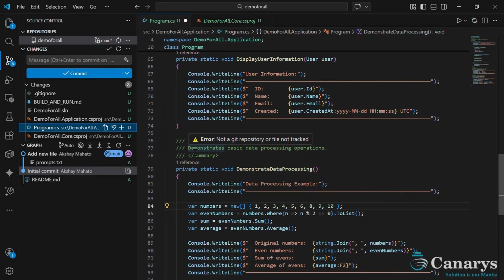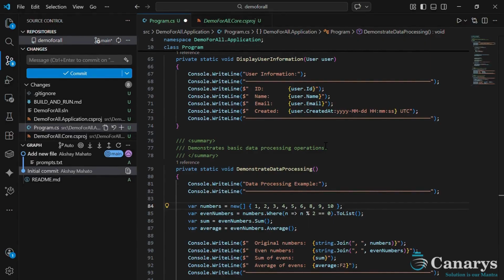You'll notice that the change is not highlighted inside the editor, and even in the source control or commit section, it's only showing that the file has been modified without showing the exact line-by-line changes. This happens because GitLab Duo agent applies the fix in the background as an automated update, and Visual Studio Code hasn't refreshed the diff view yet. What's important to understand is that the fix has been applied to the file. The file status indicates that a change has occurred, and once we open or reload the file, the updated code